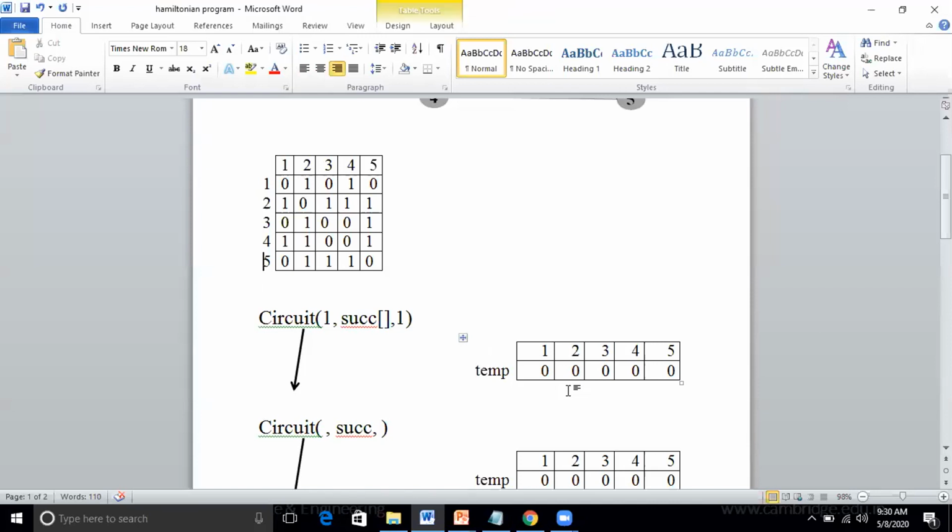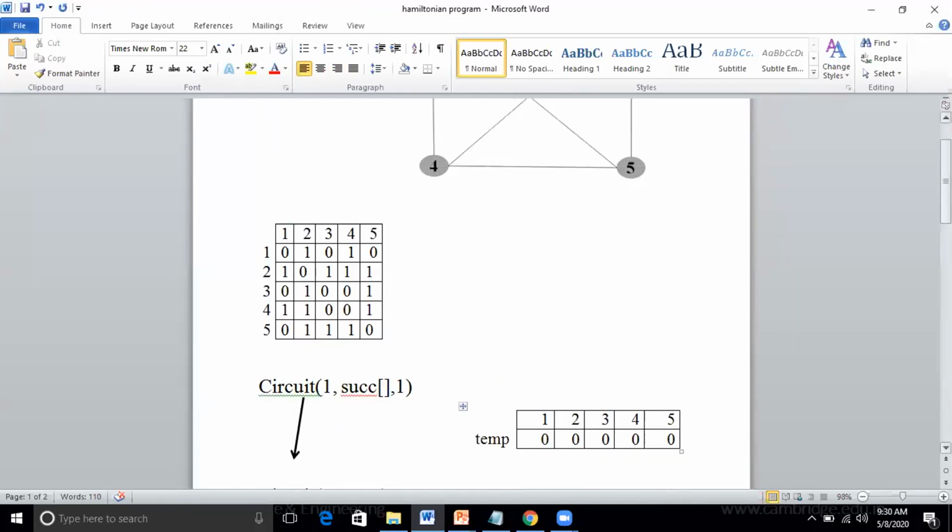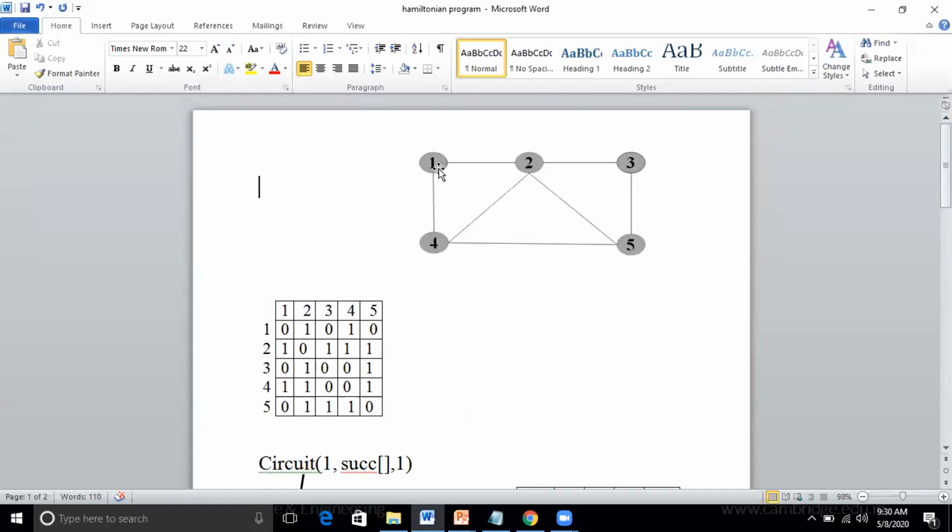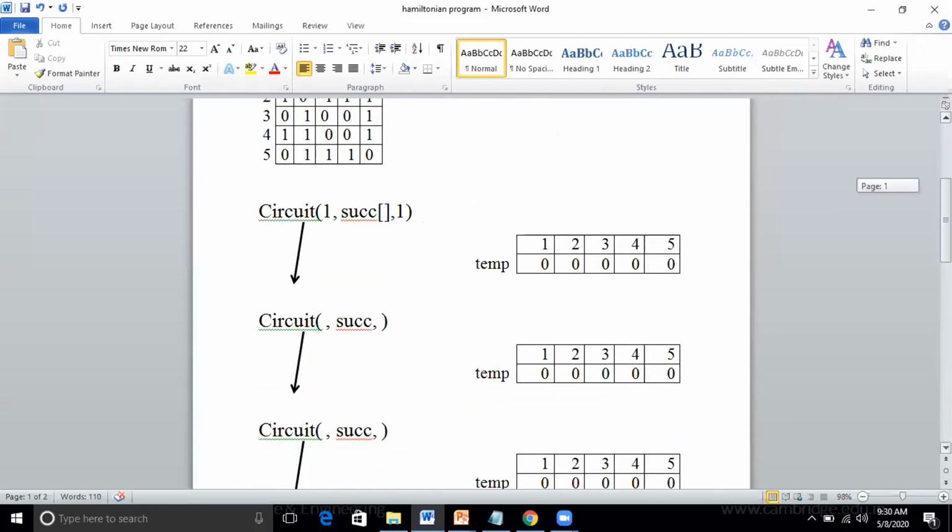Since we are using 0 to check that nodes are not visited, that it doesn't have any successor, that's why I started the nodes from 1. I didn't start the node from 0. Because we are using 0 to tell that that node is not visited yet. So you should not get a conflict between node 0 and value 0. For that reason, we are starting from vertex 1.